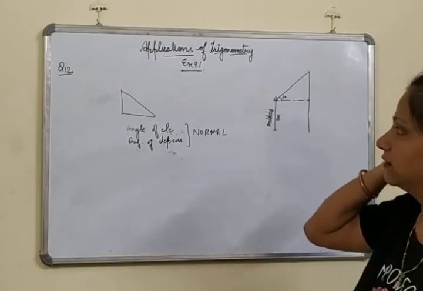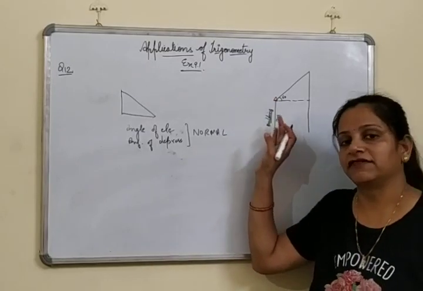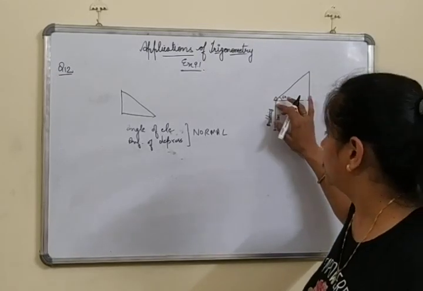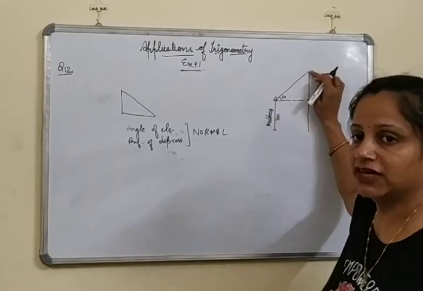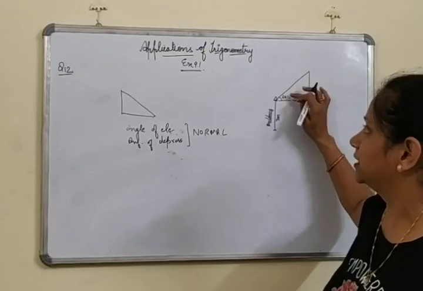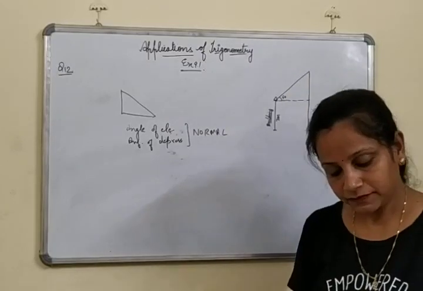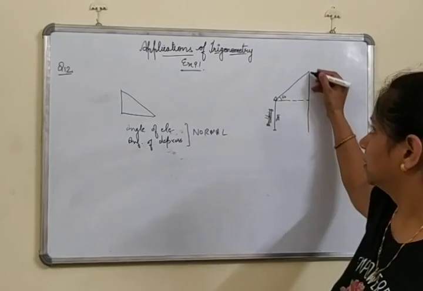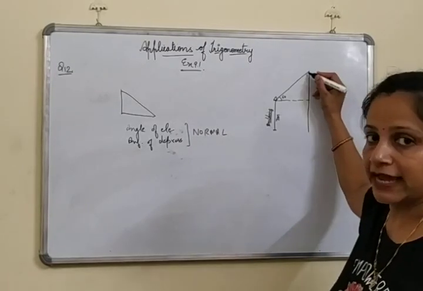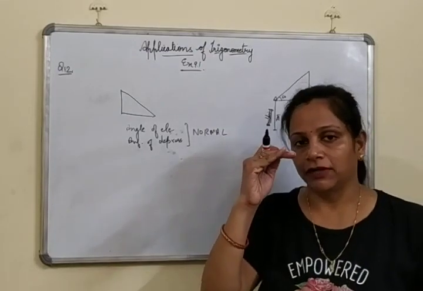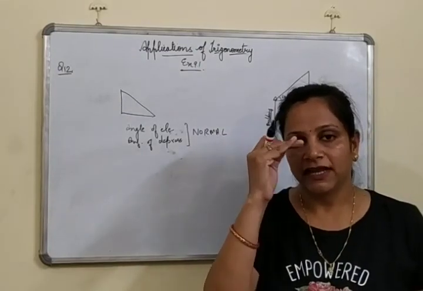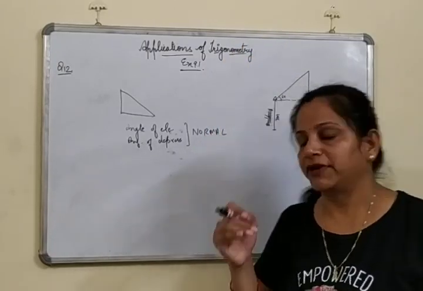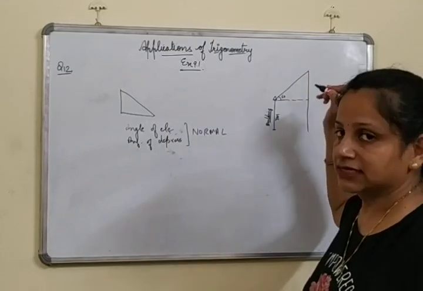Now what in this we are given? That we are having a building which is 7 meter high. There is a cable tower. And from the top of the building, if we look at the top of the cable tower, the angle which is made is 60 degree. And the angle of depression of its foot. The angle of elevation at the top of this cable tower, suppose I'm standing here, my eye contact is here. If I look upward, it will be angle of elevation. And if I look downward, it will be angle of depression. So it is upward, so it is 60 degree.